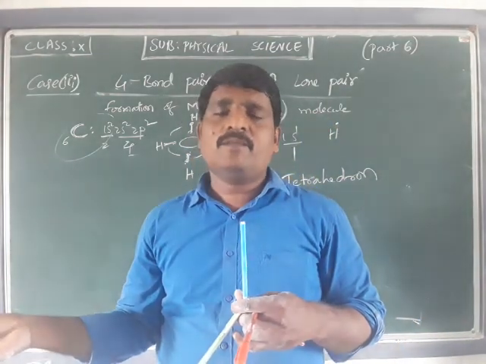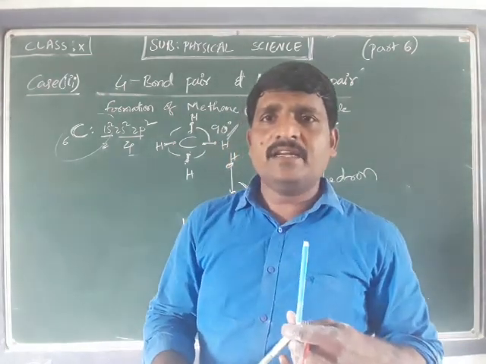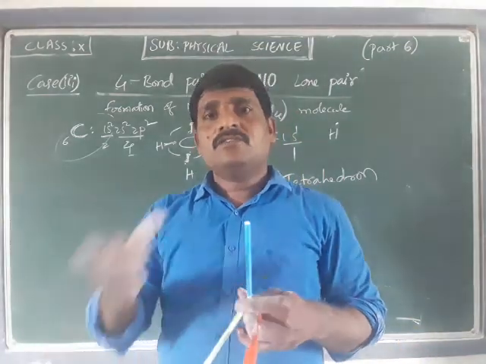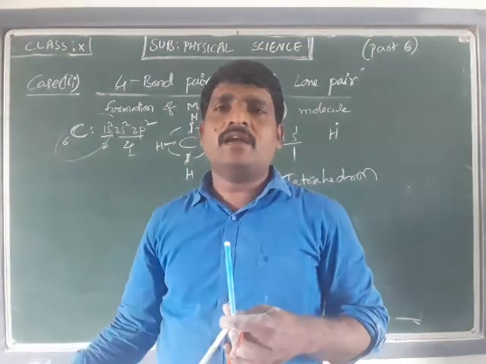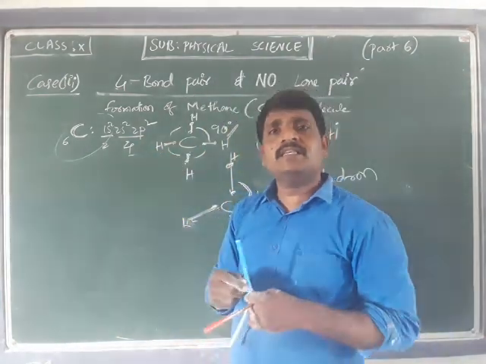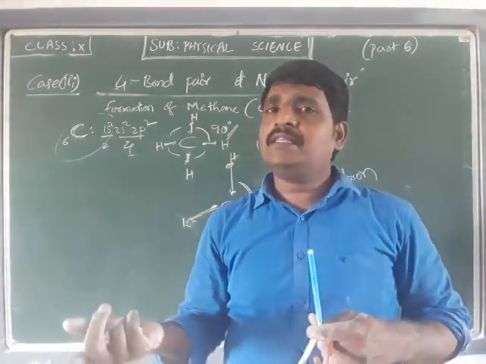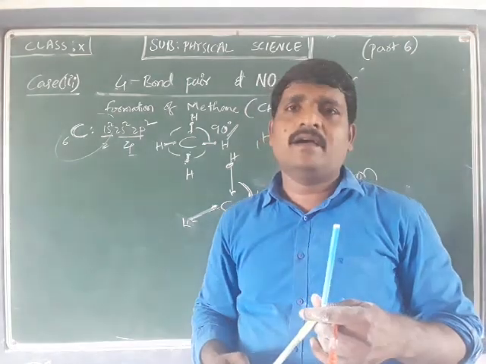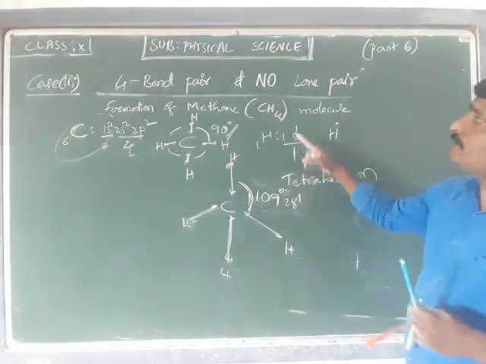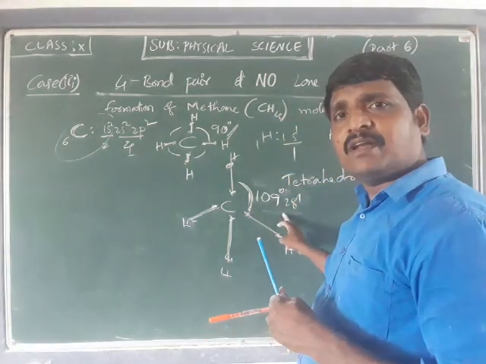There is a chance of asking one more question in the same form also. So, which molecule has the tetrahedral shape and possesses which bond angle? There is a chance of asking. So methane possesses tetrahedral shape, and the bond angle is 109 degrees 28 minutes. Or, if a molecule has a 109 degrees 28 minutes bond angle, what is the name of the molecule and what is the shape? The same question is asked in another form also. So the shape of the molecule is tetrahedral and the bond angle is 109 degrees 28 minutes.